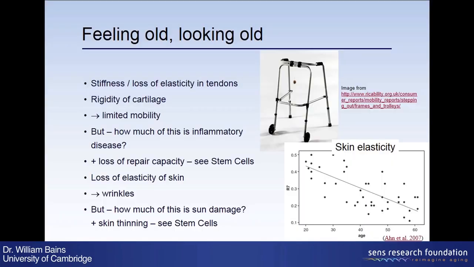A second type of disability are the things we associate with being old. Feeling old, looking old. Feeling old, stiffness, loss of elasticity in the tendons. Young children can fall off chairs and laugh. If an 80-year-old falls off a chair, it's something that can be a very serious injury to them. This is substantially because of loss of elasticity, of resilience in the tendons, in the bones, and the muscles. And you would expect that if you cross-linked all those proteins, they become more and more like a rigid bit of plastic and less like an elastic band able to bounce.